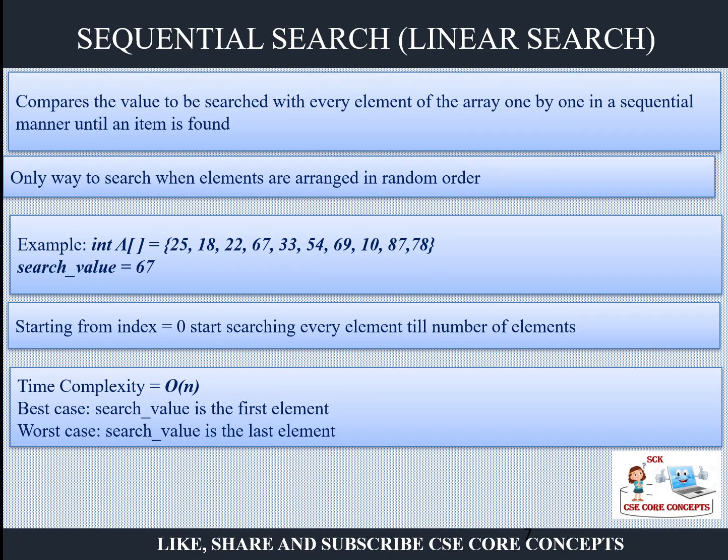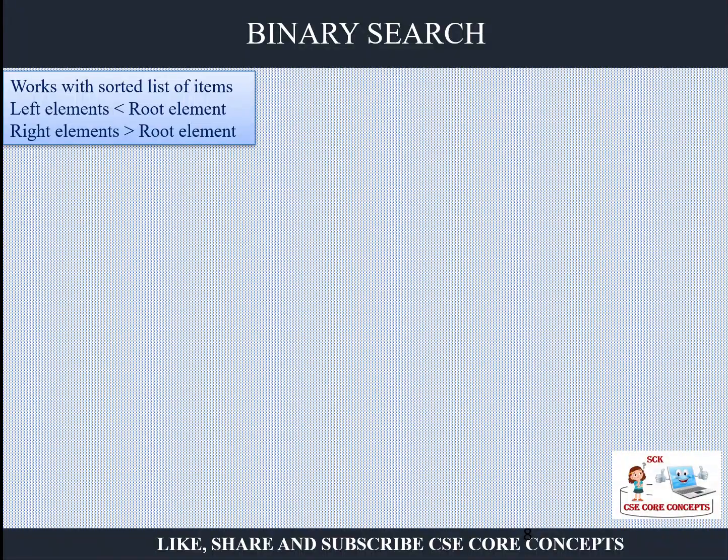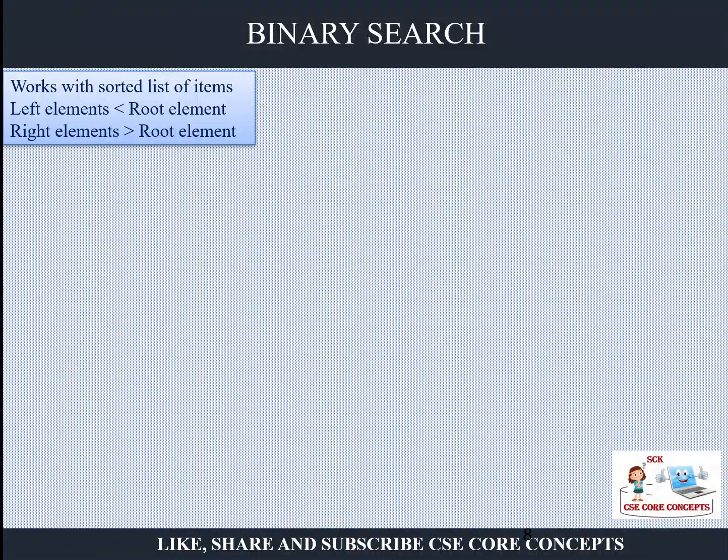So what is the time complexity here? Time complexity is O(n). On an average, we can say it is n by 2, because your element is lying somewhere in the middle. So this is your linear search, which is the simplest of all of them, but it is very time consuming. So it is good practice, if you are storing the elements, to store them in an ordered or sorted list.